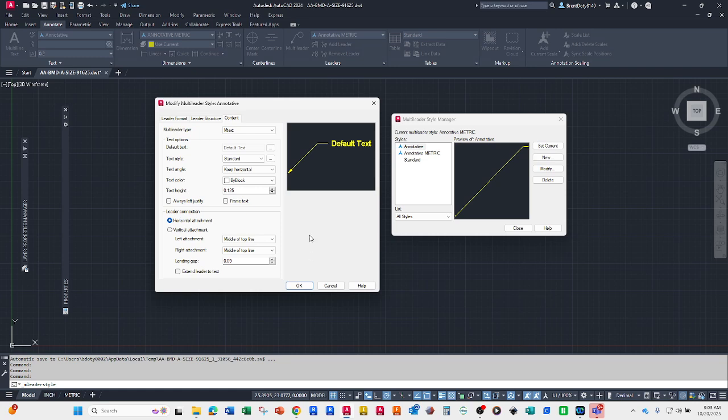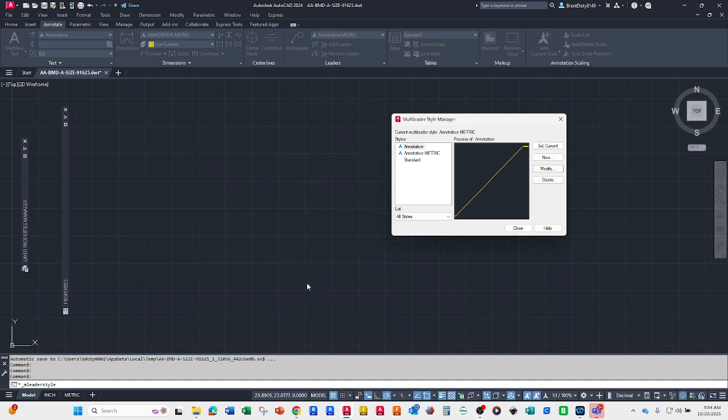Now, we're not putting frames on anything we're doing in this class. So don't put any frame text on. If you need to make a different style later on, then add a new style and call it what it is, like basic dimension leader, that's what that would be. Anyway, so that's all you have to do on this one. That's the annotative one. And then you have to make a new one. So you click on new and it'll say copy of annotative and you say sure, and then you'll name it